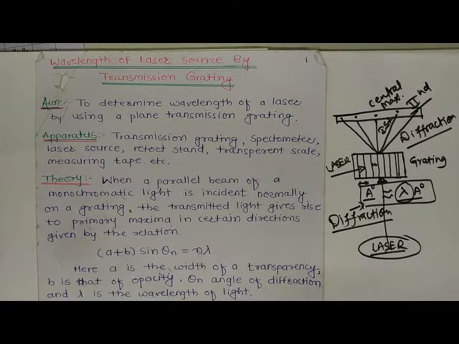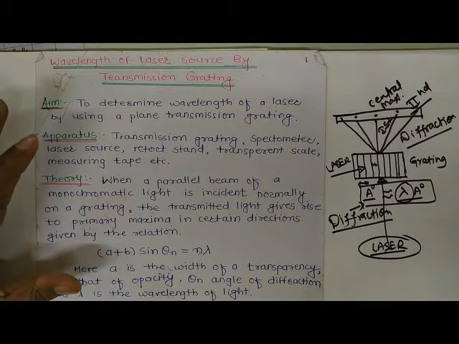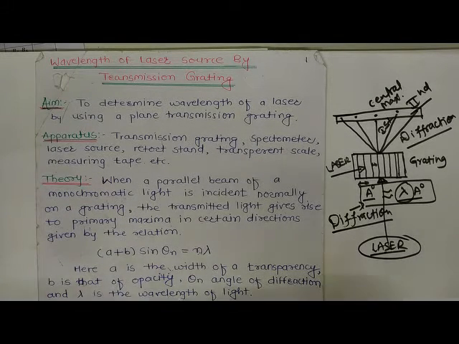Depending on the precision of your experiment, you can see more orders of the spectrum. In a perfect darkroom you can probably see the second and third order, but if you do this experiment in a lightened area, you can easily find the first order, while looking for the second order is a little difficult, but yes, we can identify that there is a second order diffraction pattern also. For this experiment we need not go for higher orders, we will just go for the first order.